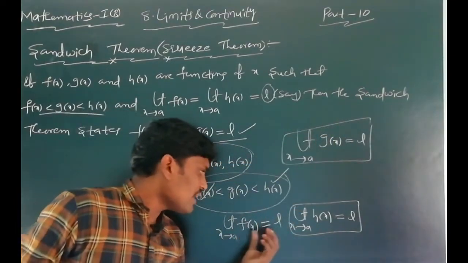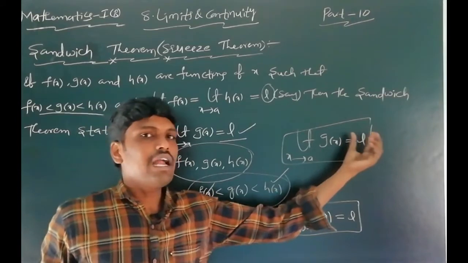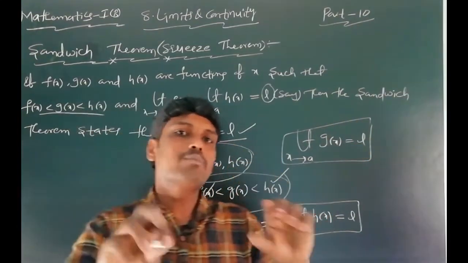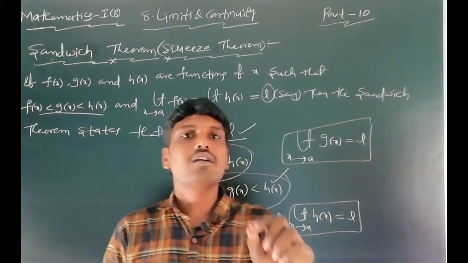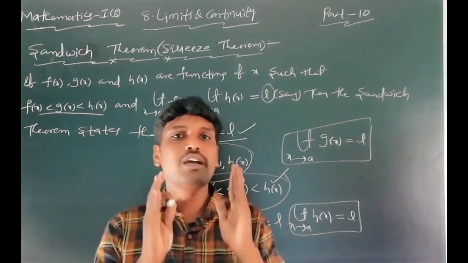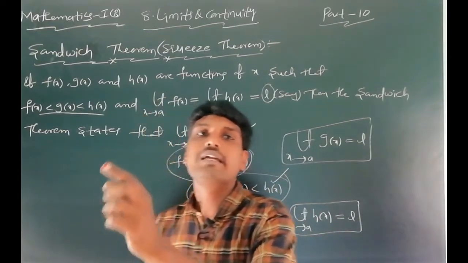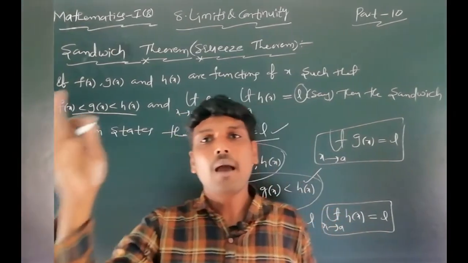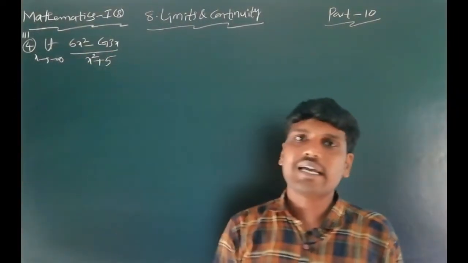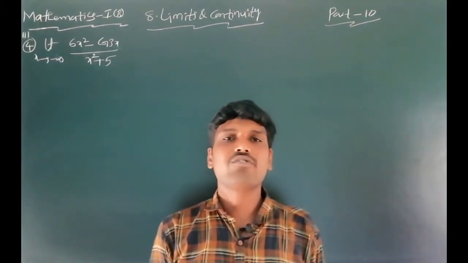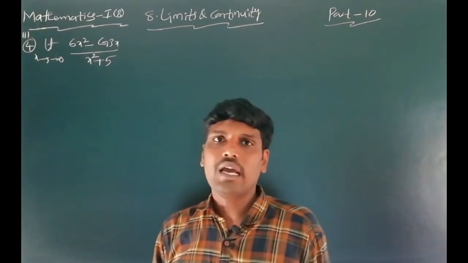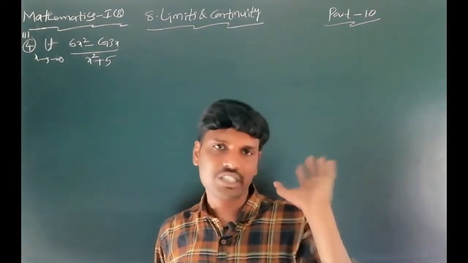Suppose the limit of f of x is equal to L and the limit of g of x is equal to L, then h of x also equals L. This is one more condition. This theorem is called the sandwich theorem or squeeze theorem. Using this theorem, we solve infinite limit trigonometric function problems. This problem is from exercise 8D, infinite limits, Roman numeral 3, question number 4. In this problem, we use the sandwich theorem.